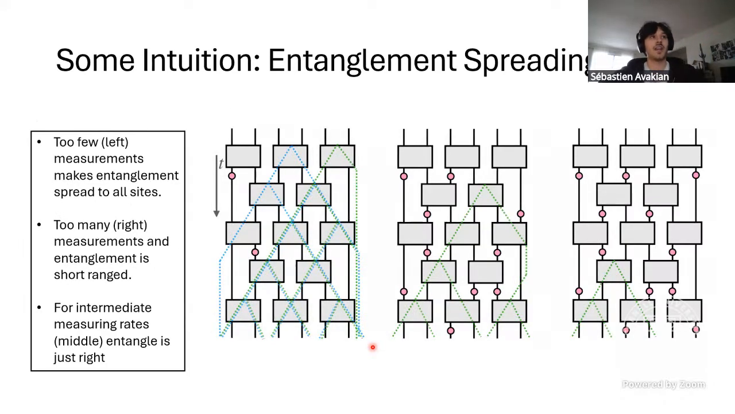So, okay, here I have three different short circuits. Here now time is moving downwards, and we have 6 spins in each. Now I have